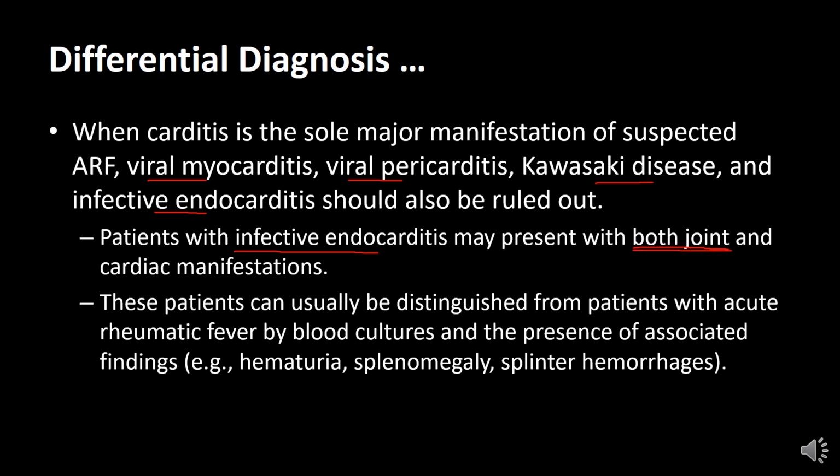Okay? Also, patients who present with infective endocarditis will have other accompanying features. They may have hematuria, they will have splenomegaly and splinter hemorrhages. These manifestations were not present. We did not see them when we were looking at either the major criteria or the minor criteria. When you see accompanying symptoms like this, then you need to think outside the box and therefore rule out any other coexisting morbidity.